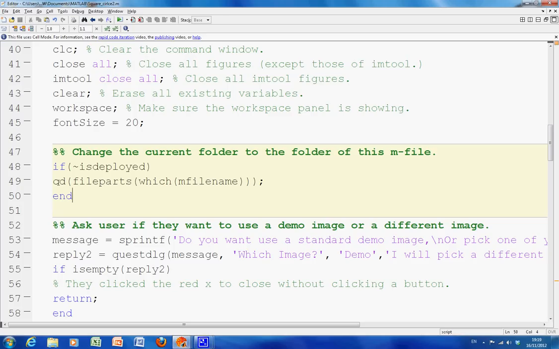So say, for instance, you handed this up to your lecturer or teaching assistant on a memory stick, or even if you emailed it, no matter where he or she saves it, that'll make that part of the present working directory, and it'll run from there. Okay,